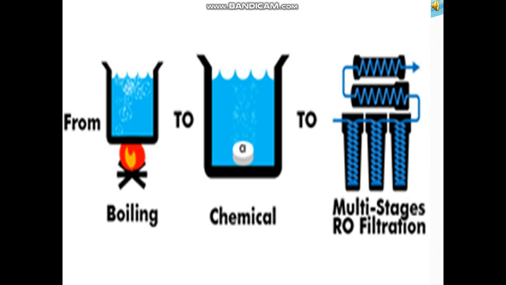Children, the water that is fit for drinking is known as potable water. So we can purify the water by using many methods at home, like we can boil the water to kill the germs, to purify water. Then we can add chemicals like potassium permanganate and chlorine to purify the water. The process of adding chlorine into the water to get the pure water is called chlorination. We can use RO filtration also, an RO filter, to get the pure form of